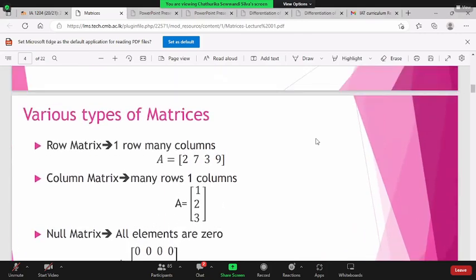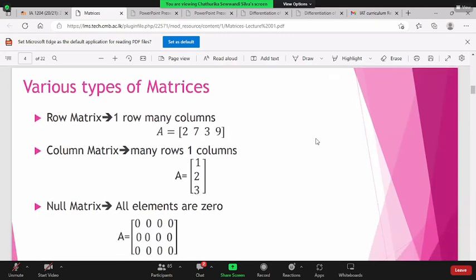Right. So next, there are various types of matrices. The first ones are the row matrix, column matrix, and null matrix. So why are we learning various types of matrices? Under the basic maths, you have done so many calculations. You are solving simultaneous equations using Cramer's rule. Then you're finding the inverse, the minors, coefficients, adjoint matrices.